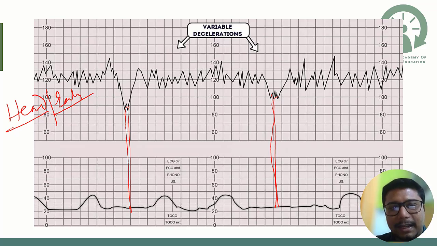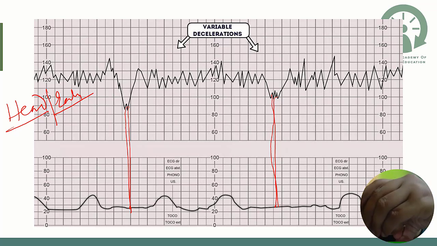Now once the head is coming and trying to pass off, one contraction and simultaneously one deceleration, again the head tries to pass off, again one deceleration, and after a few, the head will negotiate through that plane and then there will not be a deceleration. So early deceleration can be physiological as well, unless the heart rate is falling very low, like 60, or 70 or below, or there is fetal tachycardia, or there is less variability, or there is repeated